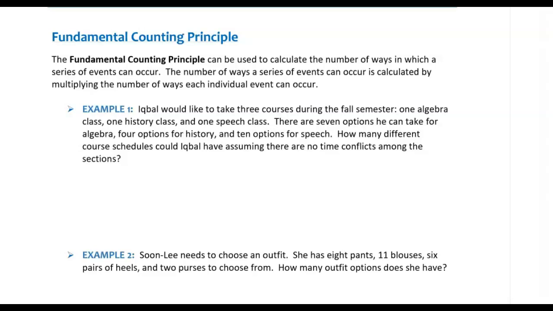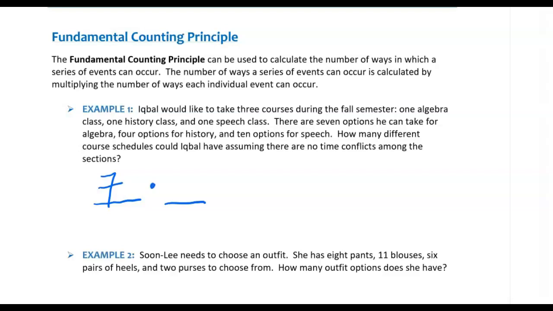So relating this back to the fundamental counting principle, we need to calculate the number of ways in which a series of events can occur. The series of events in this example would be the number of options he can take for algebra, history, and speech. So we need to multiply the number of options Iqbal has for algebra, which is 7,